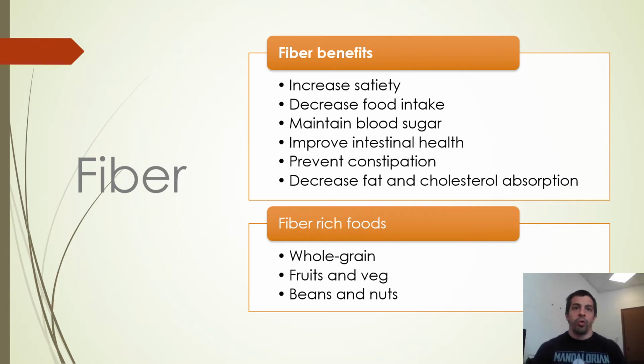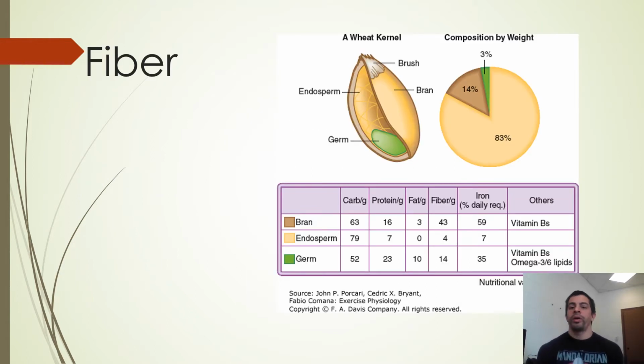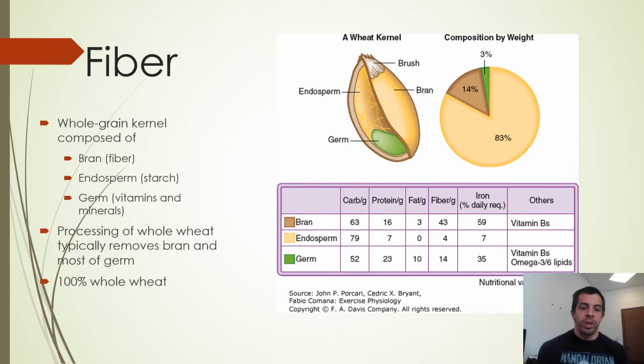Now, I think the more interesting question is, what is fiber? Here's a cool picture of it. Fiber is essentially like a grass kernel, a seed almost. This is what it looks like up close, where there are three components: the bran, the endosperm, and the germ. You'll see foods that are either whole wheat or not whole wheat. Whole wheat is less refined and they don't strip products. When wheat is processed, typically we're removing the bran and the germ.